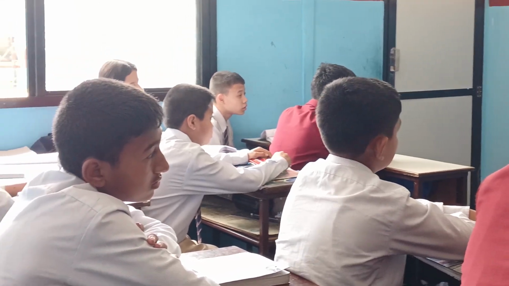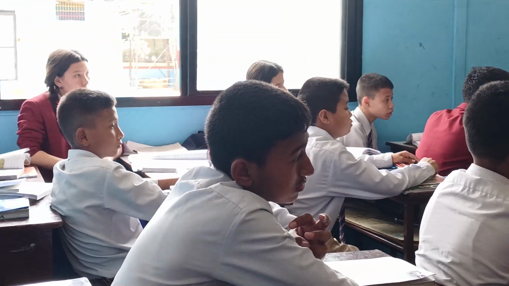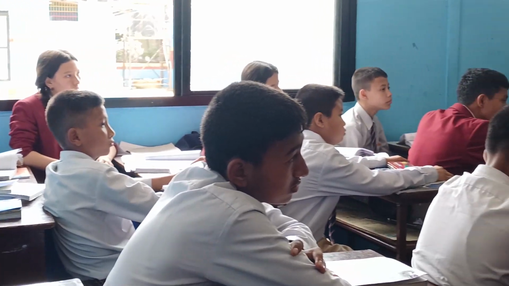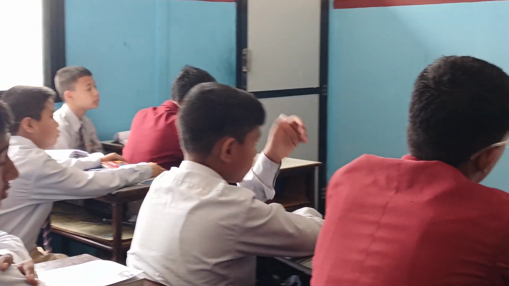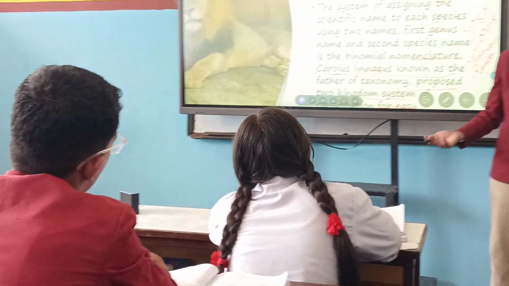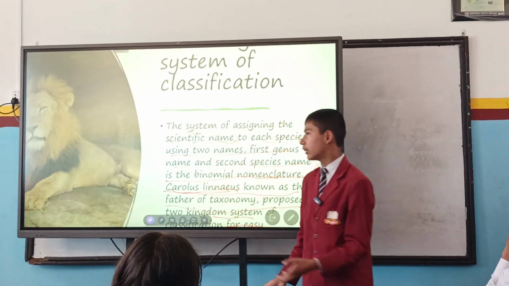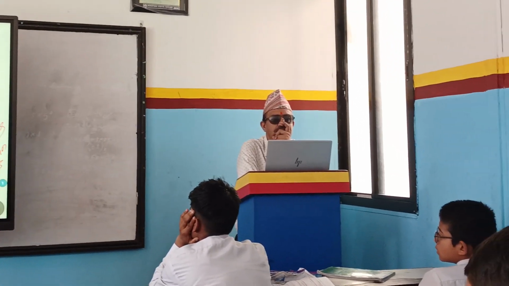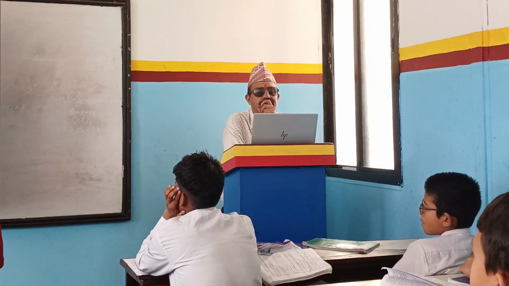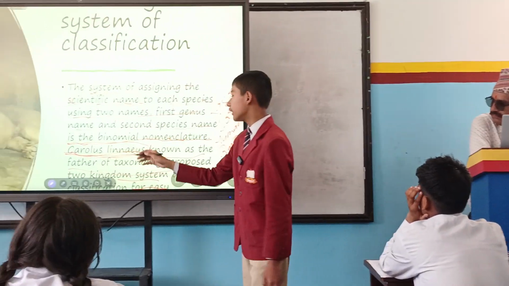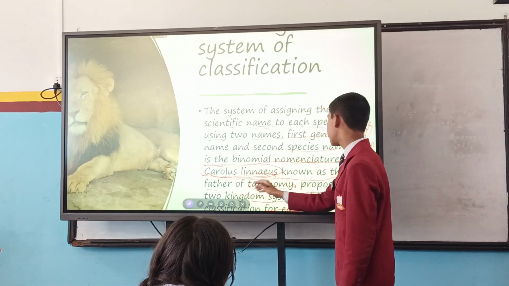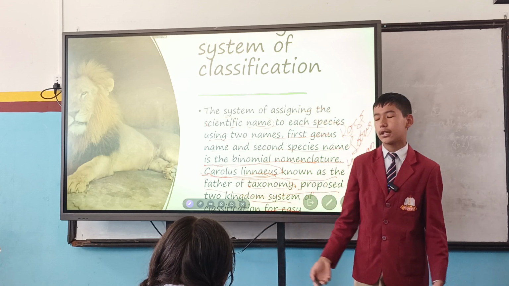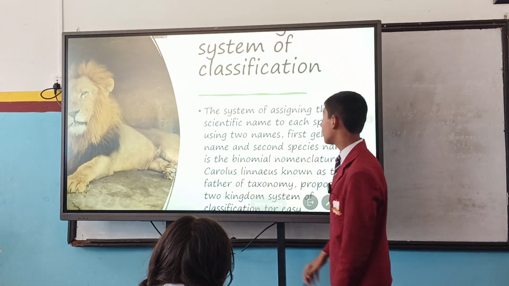And the next one is given here, Carolus Linnaeus. We all know, as I said before, about taxonomy. So every type of field has its own origin, like who developed or discovered it. Likewise, taxonomy was discovered by Carolus Linnaeus, and the main purpose of his discovering taxonomy was to make the classification of the animals in a scientific way easier. And this was all about